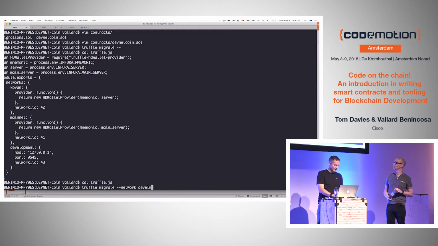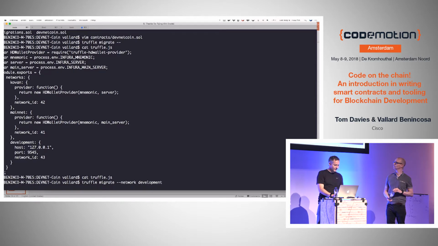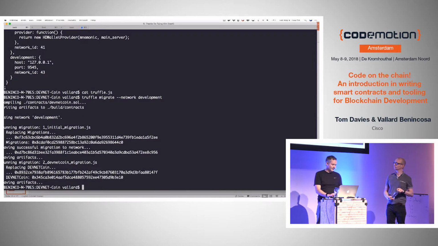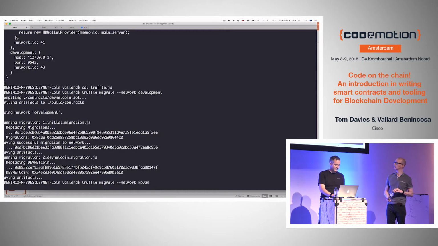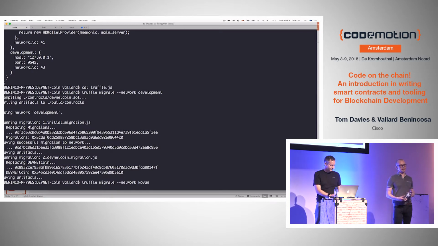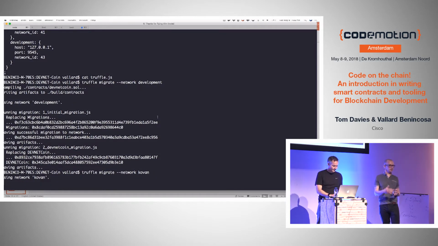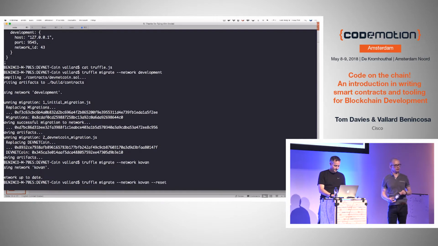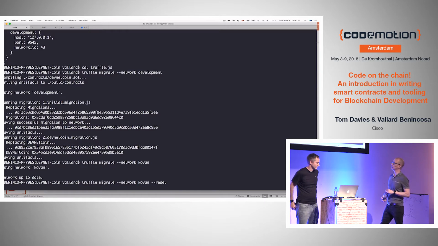I don't have to download a development. I don't have to be attached to the main blockchain, and I can start running some tests on this to make sure that it actually works. Then after I'm done, if I like it, then I can put it to a test network, like the Kovan network, and this will just go through and push it on there. And that's basically like deploying it to stage where more users can access your contract, start playing with it, try and get money out of it, put money into it, see what happens, make sure it's user ready.